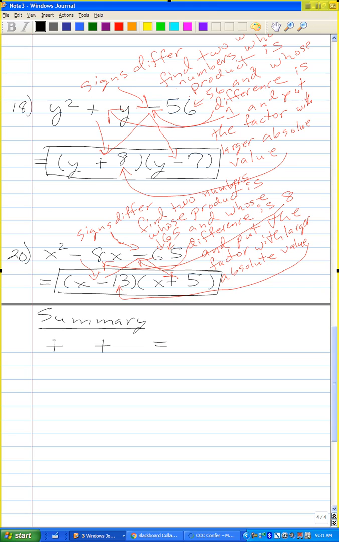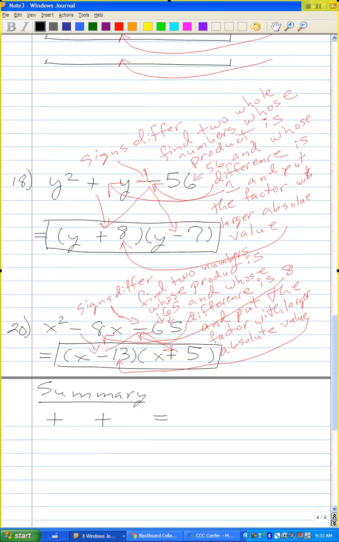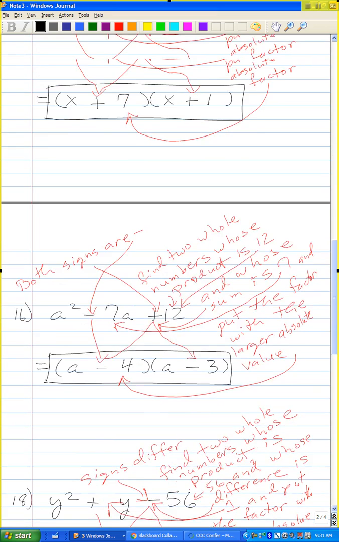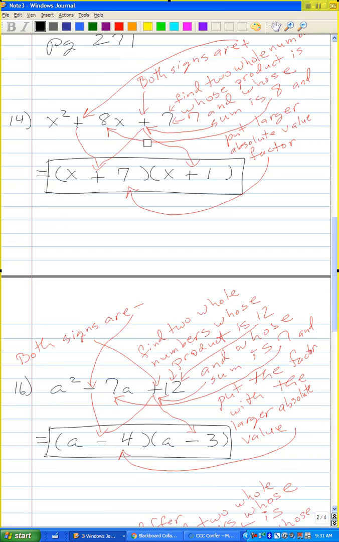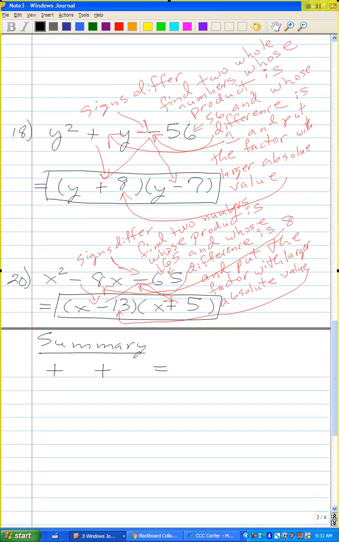I'll just say, if they're positive, such as in this very first case here, x squared plus 8x plus 7, and I'm assuming, of course, there's a 1 in front of the x squared,